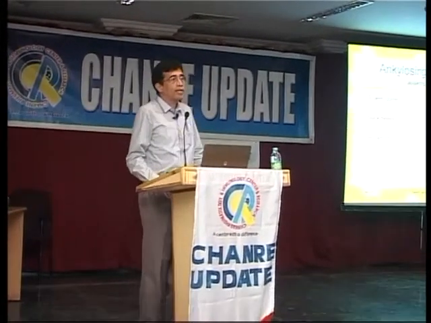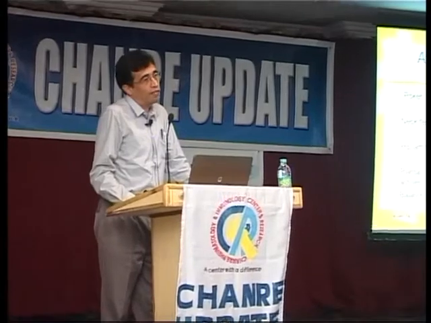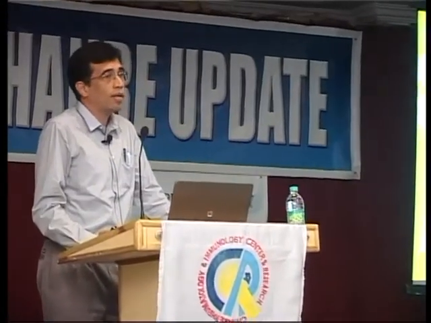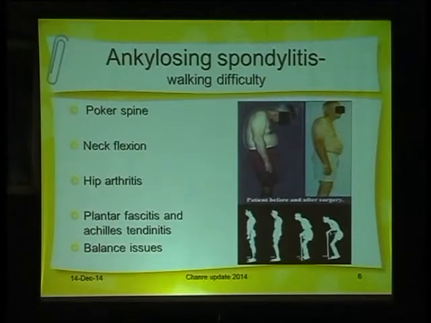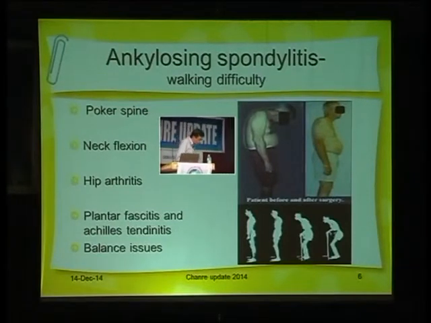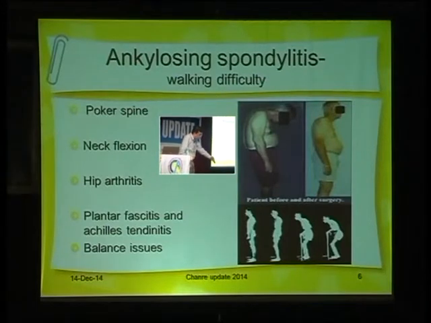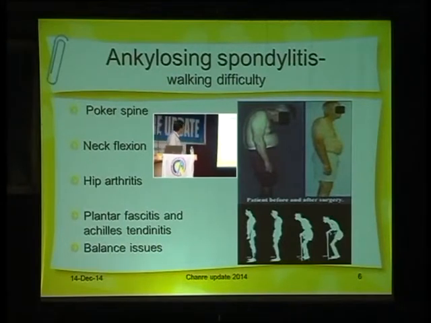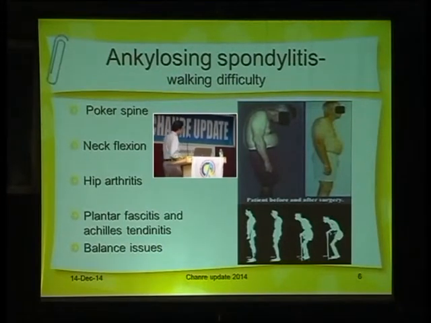In ankylosing spondylitis, the difficulties are different. Generally over many years, they develop neck stiffness, and they develop what is called a Poker spine. And if somebody has a neck like this, they would not have any clearance. So they have to walk like this. They can only see a few feet in front of them. They won't feel confident in walking on the road because they can't see what's coming in front of them. So this could be a major difficulty.